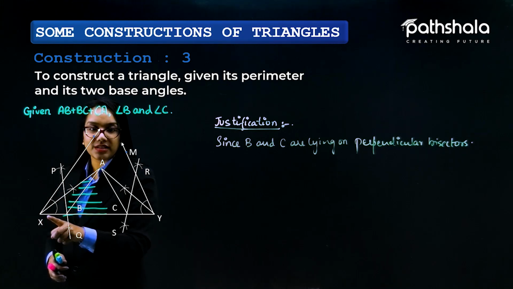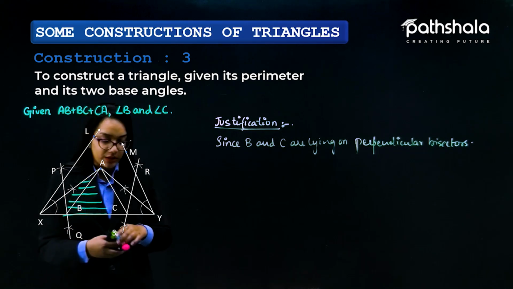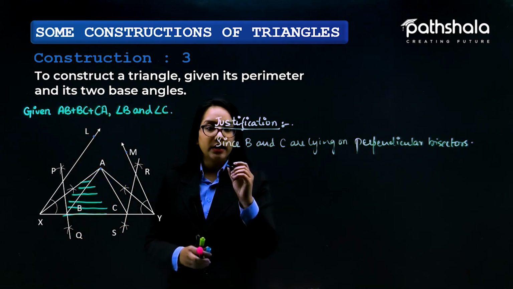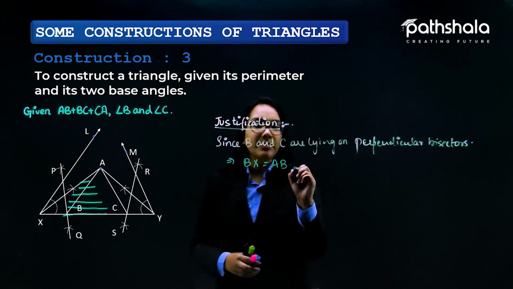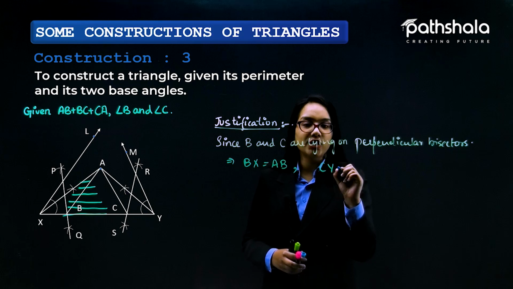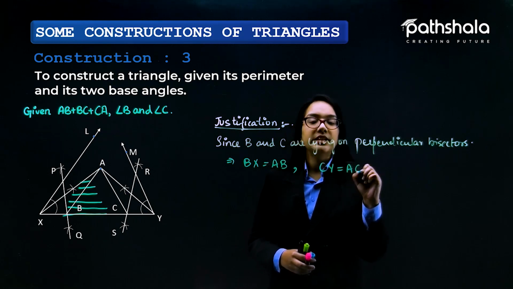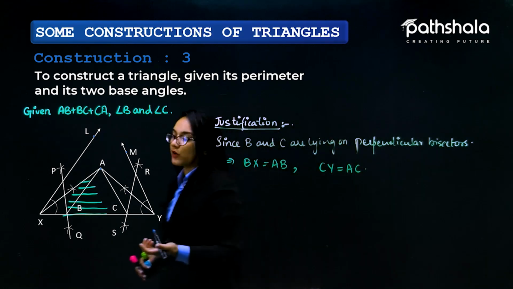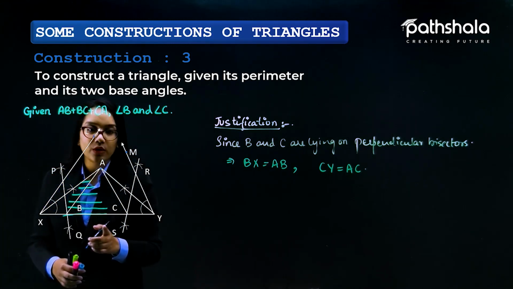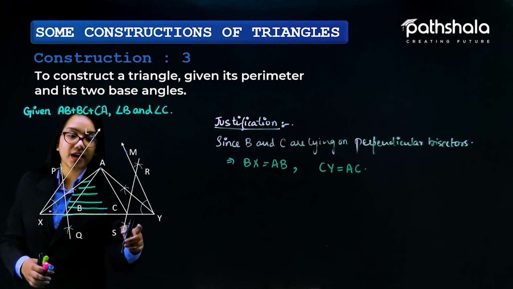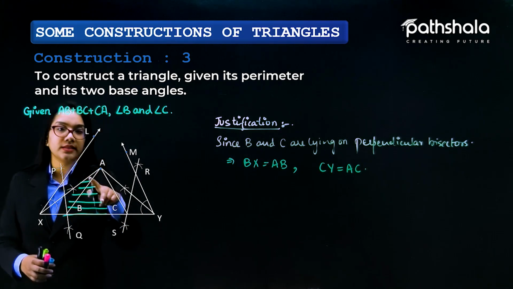It means that this distance BX and this distance AB should be equal to each other. So it implies that BX should be equal to AB, and in a similar manner CY should be equal to AC, because C is also lying on the perpendicular bisector. If it is lying on the perpendicular bisector of AY, then definitely this side and this side would be equal